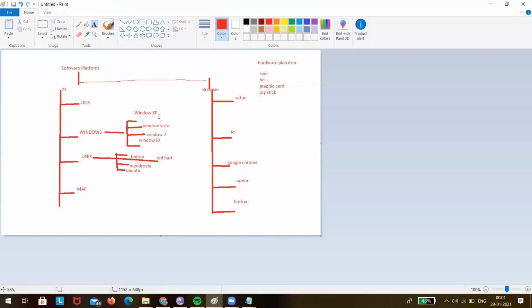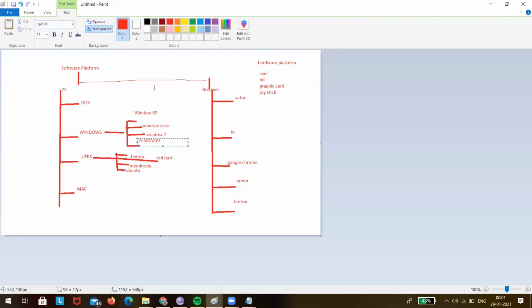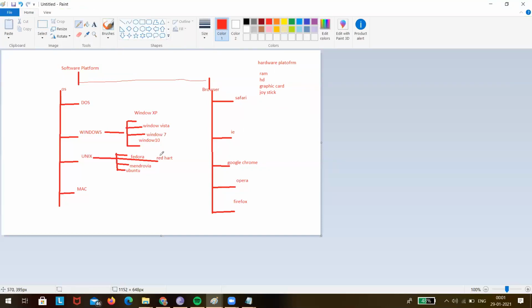So what we do is, suppose an application is working fine in Windows 10 and Google Chrome. But the same application, if I take Windows 10 and Firefox, is not working properly.